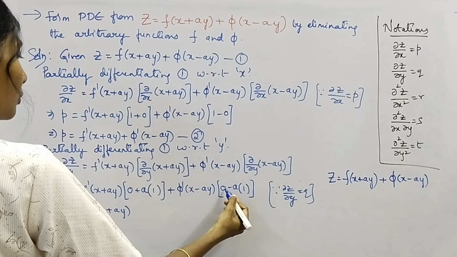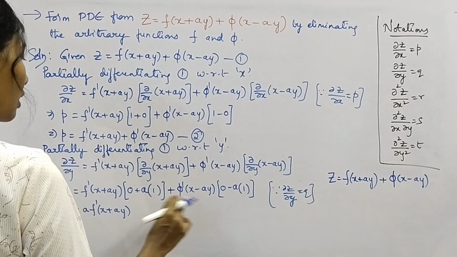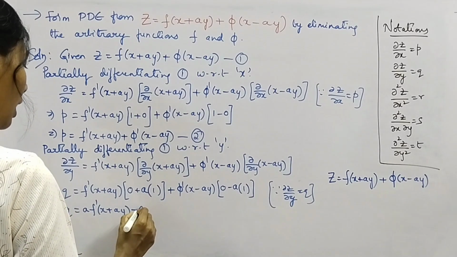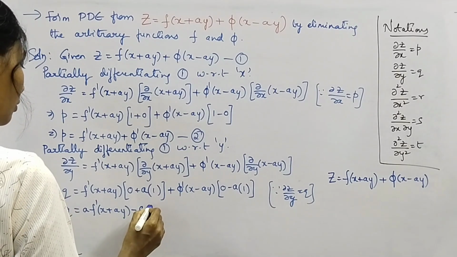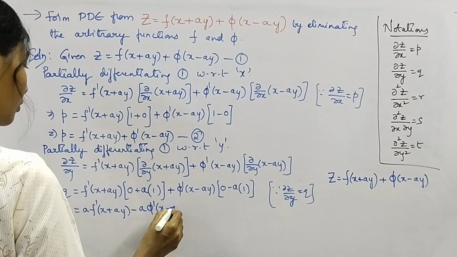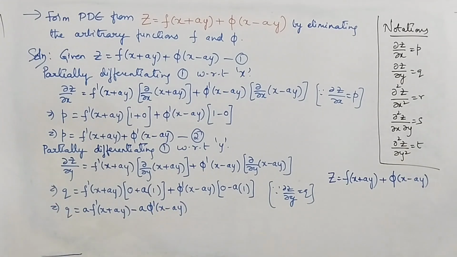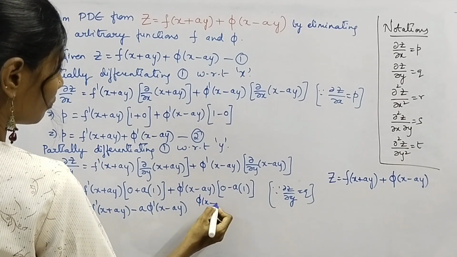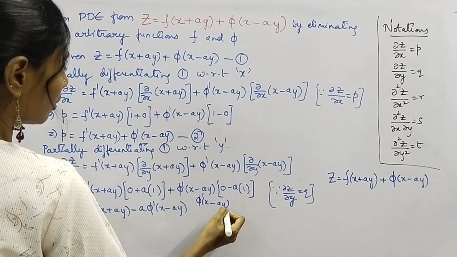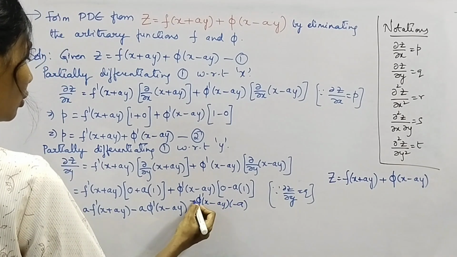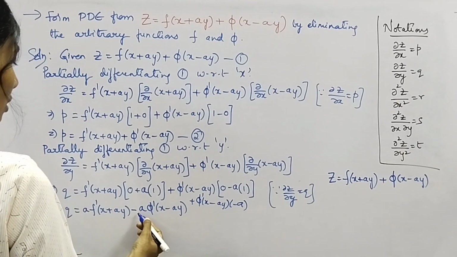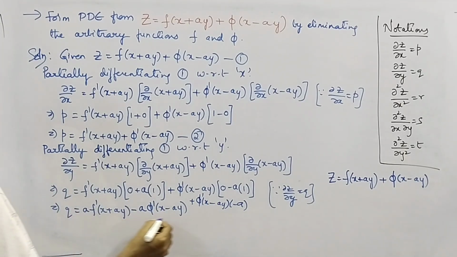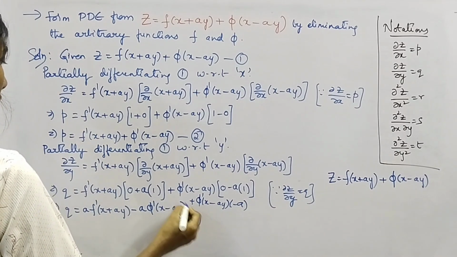A into 1a, 0 minus a is minus a. Minus into plus, minus, you'll get minus a into phi dash. Okay? Simply this gives us phi dash of into minus a, right? Here you are having plus, plus into minus, minus a phi dash. Okay? And this is our equation number 3, that is